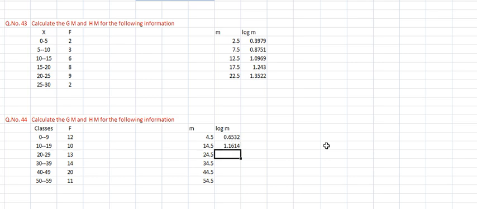1614. So the same way, 24.5 means 24, which is 2 place minus 1. You check the log table for 24.5. 34.5 means 34, 2 place minus 1, then 34.5 you have to find. So like that you have to find the variables, and I think I have given an example to you. Now you solve these two questions, 43 and 44. Send the answer to me.